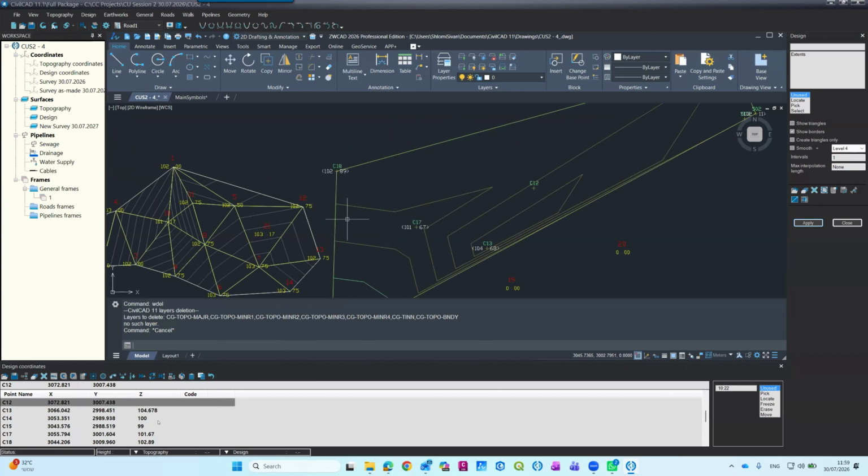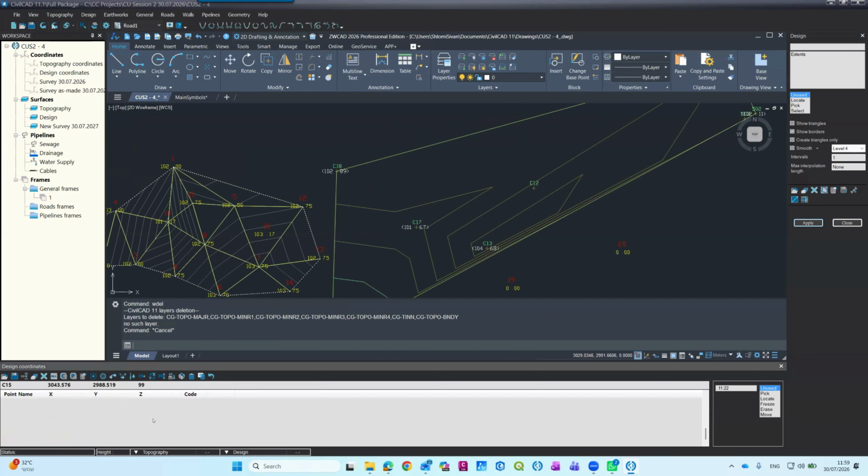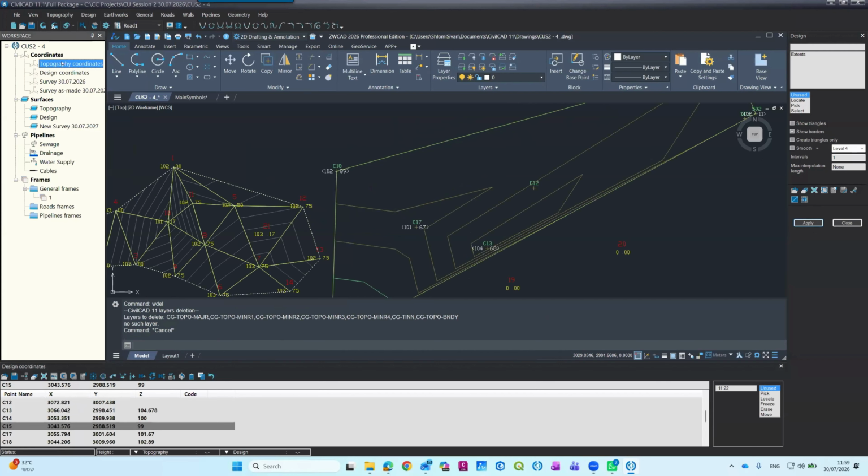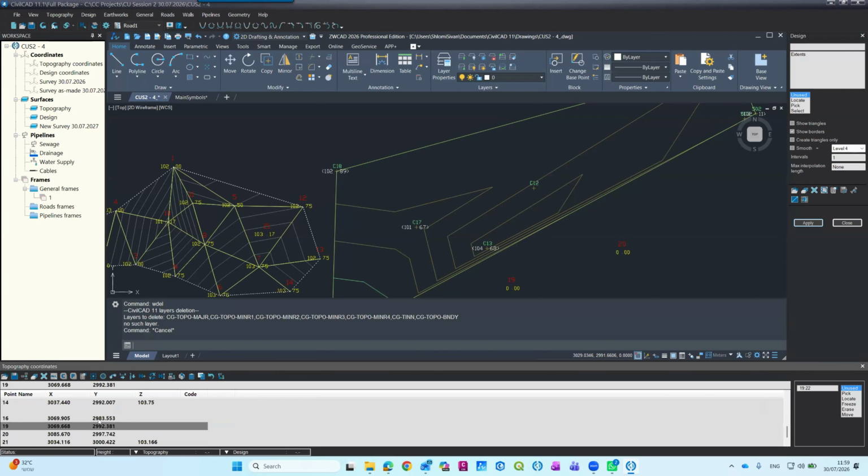There are other methods, for example, I'll give you another example. And this will be the last one that I'm showing today. Let's say that 16, 19, and 20 are part of the survey of 30. I want to copy them to this one. And all of them have elevation of, let's say, just for our use case, 95.8. And I marked them when I went to the field, gave them code. All of them, I called them